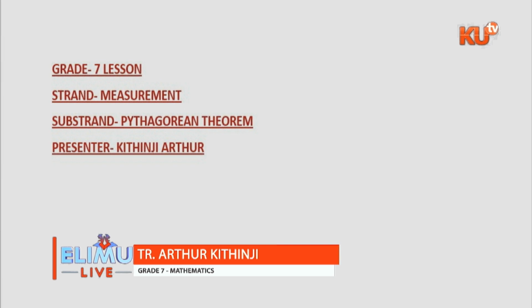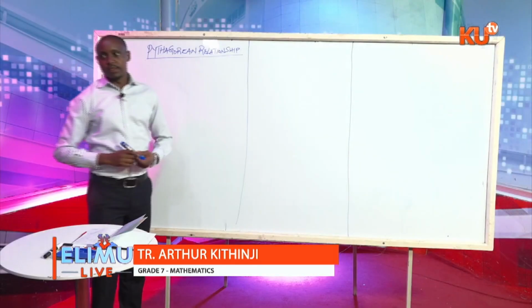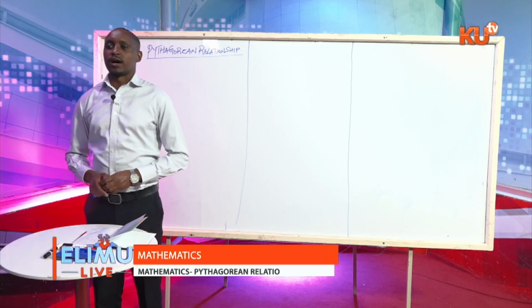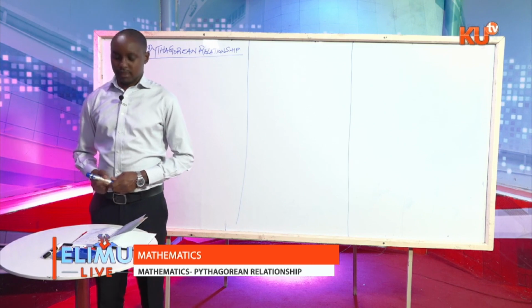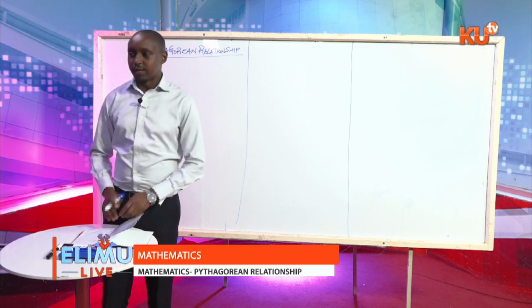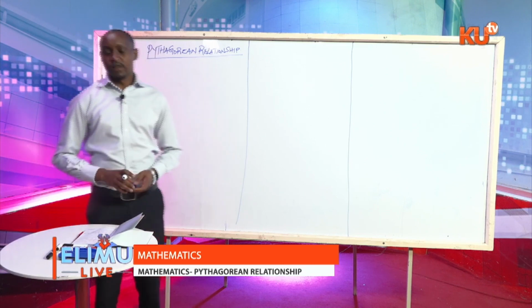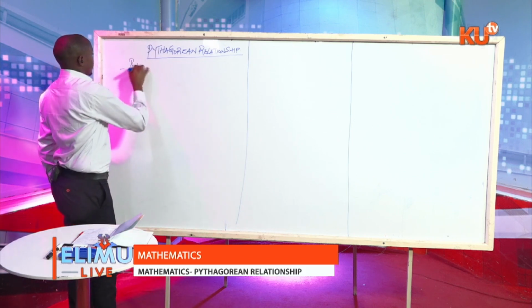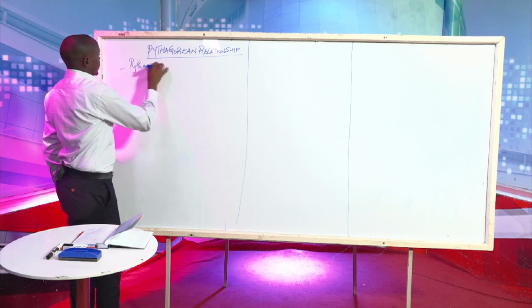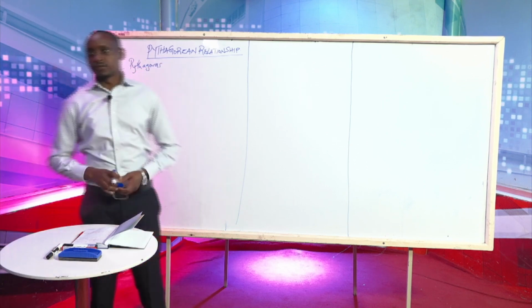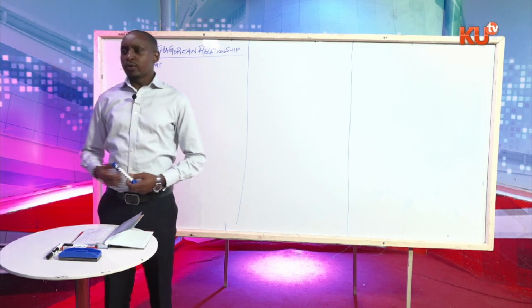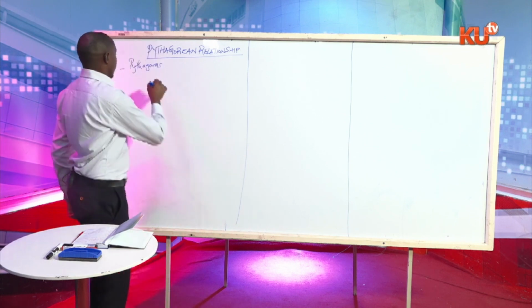Now, when we talk about Pythagorean relationship, this is a relationship between the sides of a right-angled triangle. It was named after a Greek philosopher called Pythagoras, who was a Greek philosopher and a mathematician. When we talk about the sides of a right-angled triangle,